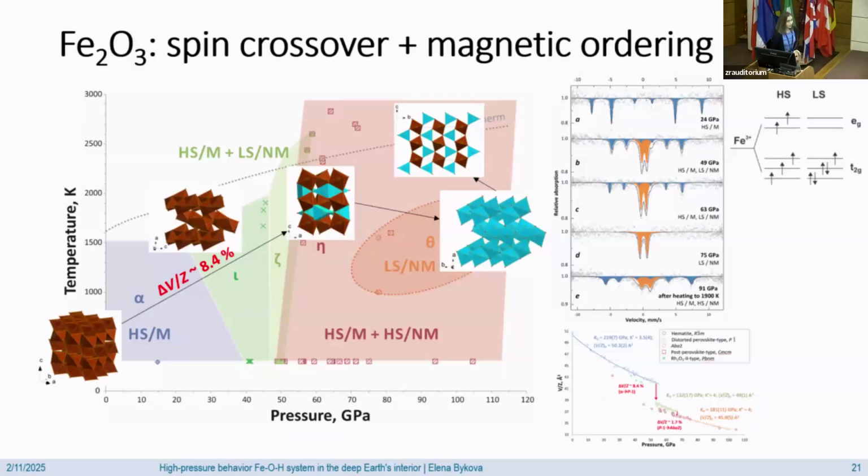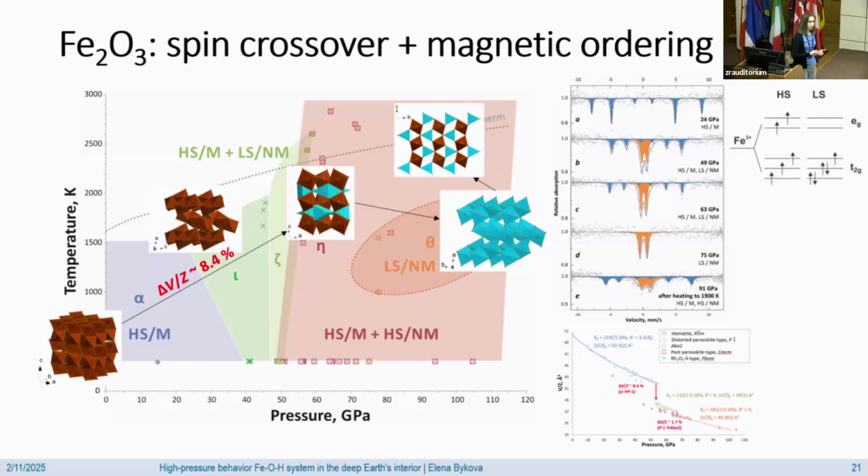Fe2O3 is another example where everything can be even more complicated. This compound also undergoes a structural transition to optimize the crystal structure with pressure. And the volume change is very huge, around 10%. And it's not only because of the structural change, but there are lots of other changes happening